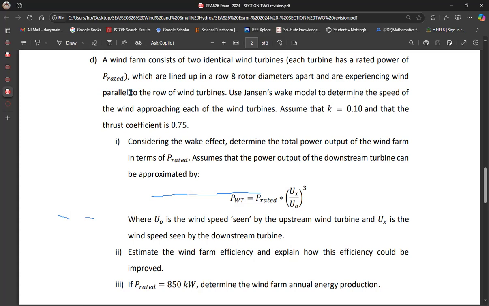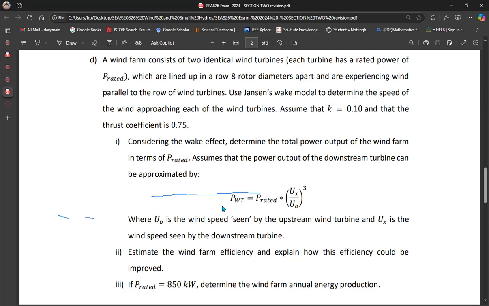And for this one, you can see that there are two identical turbines with each having the power of P rated. And now they are lined up in a row, 8 rotor diameters apart. So that means we have our X being 8D as such. And now they are experiencing wind parallel to the row. So that means if they are parallel, then one turbine is behind the other. And then you're just told to use the wake model to determine the speed of the wind. So this is not different from what we have done,